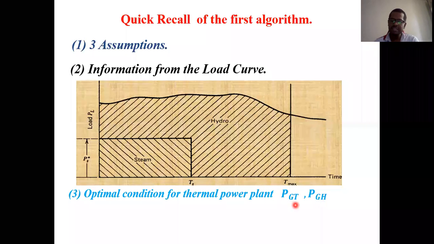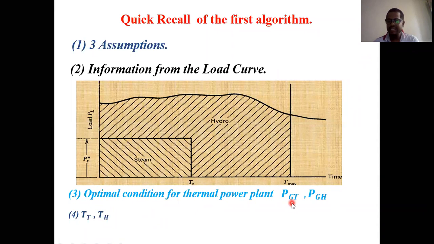So that's why, along with the power generations, we need to find out the time periods also. That is nothing but TT and at the same time TH. TT or TS both are the same. So what does it represent? TT or TS is how much time the thermal power plant is in operating condition. Similarly, TH means how much time only the hydropower plant is in operating condition. That is nothing but TH.